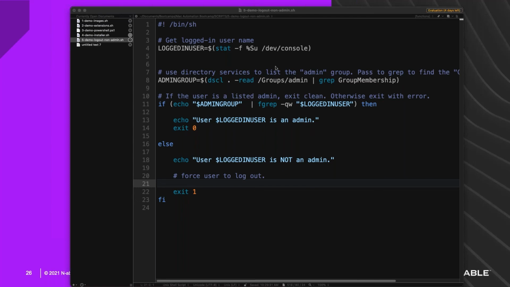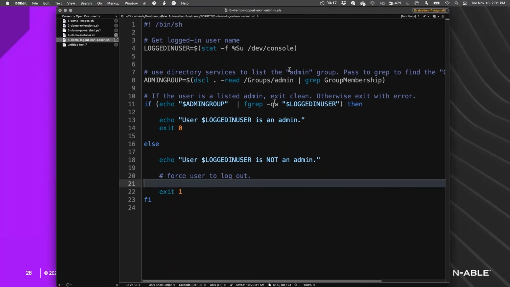So in this instance, this is a question for admins. Maybe you're working on a site that has physical security where everyone's going to be logged out and out of the building by 6 p.m., and you can tell from a policy standpoint that nobody should be logged into the machines that are on site.